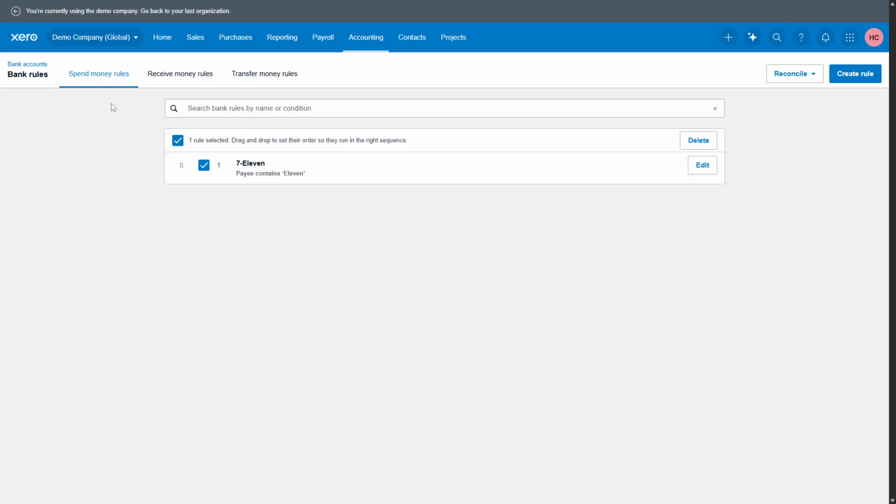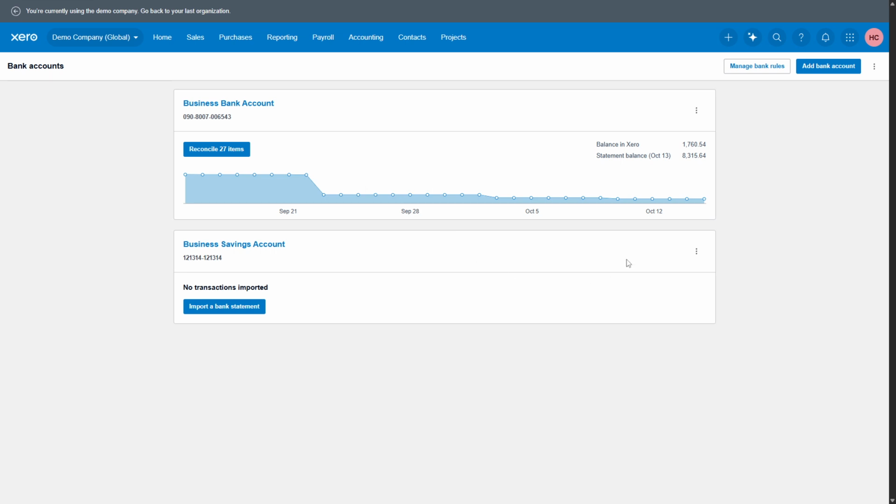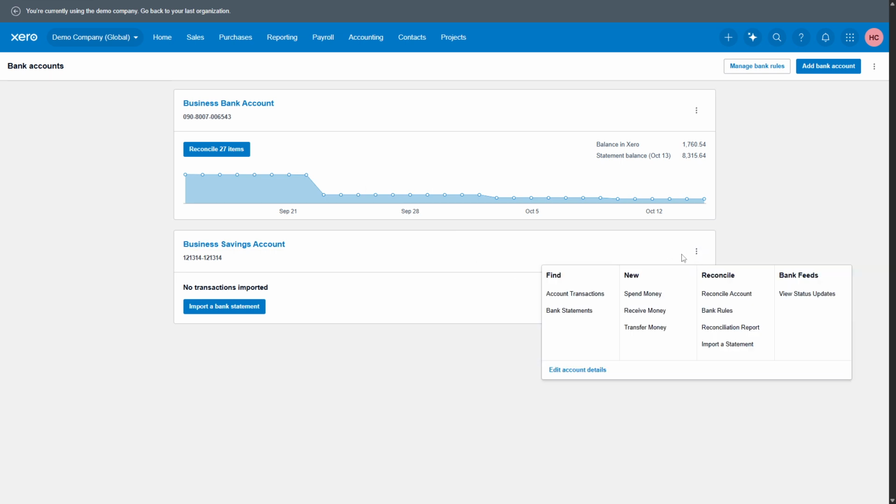And that's it. You've successfully disconnected a bank feed from your Xero account. Taking control of your bank feeds ensures your financial data remains streamlined and relevant to your current needs. Feel free to revisit each part of this process if you need to disconnect additional feeds or explore further financial